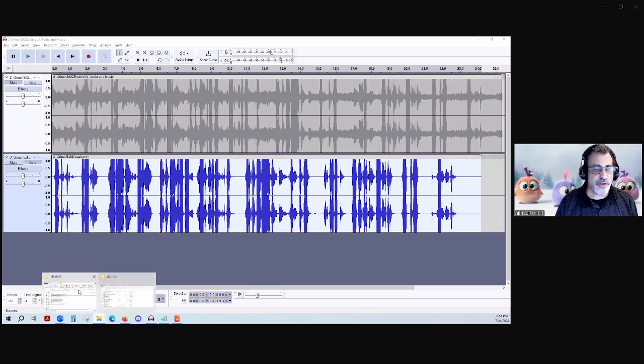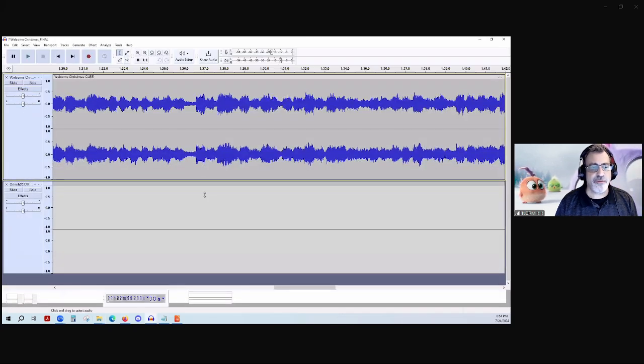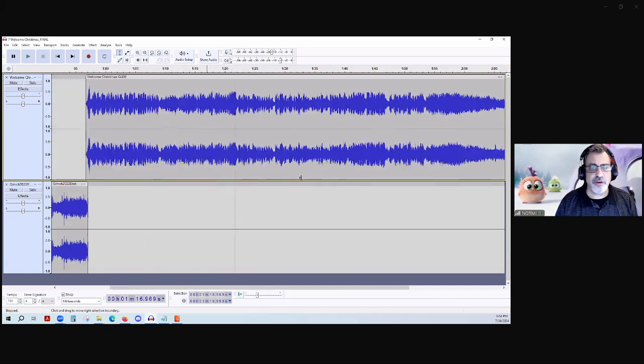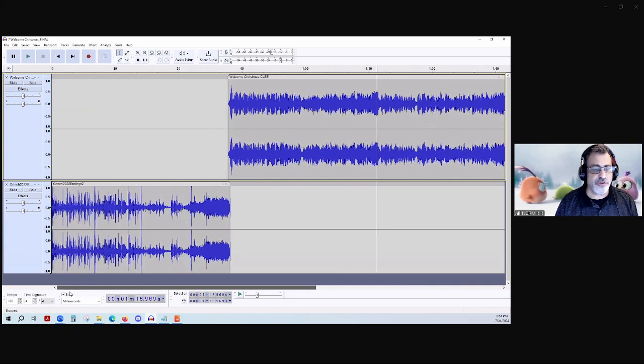Let's go into here, and we're going to pull there. Now you see that was an AUP file. Now it opened up a brand new AUP file. So here's what I wanted out of this. So this is one example of what you can do when you're bringing in two different files. Now this is the full.